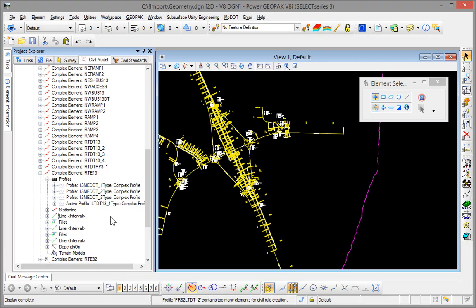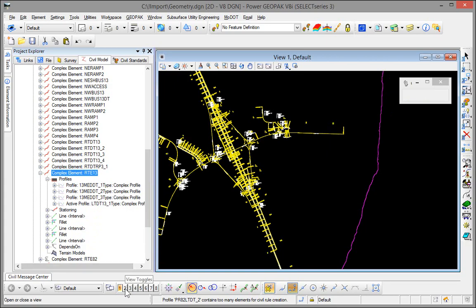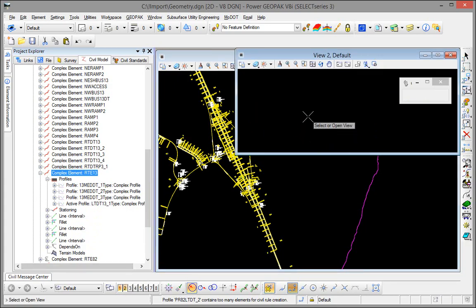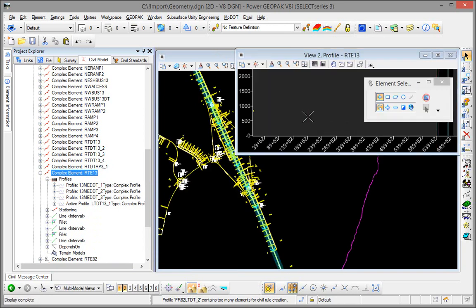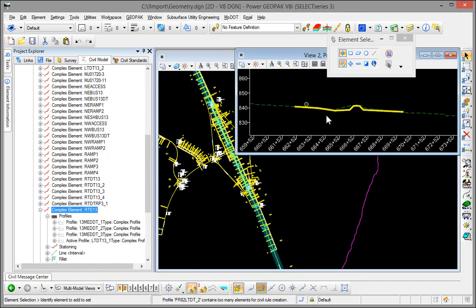And so to create that profile, what we will do on that particular baseline is we will right click on the entry and select Open Profile Model, and then I'm going to pick a view to open, and then I'm going to select inside that view. And because we made our referenced terrain model active, you can see the existing green dashed line here for our existing profile. All we need to do for that is to select that profile,